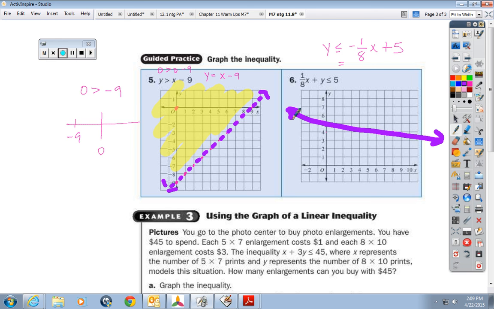And is that below the line or above the line? Below the line. Okay. So I'm going to replace both x and y with 0. And I get, is 0 less than or equal to 0 plus 5? Is 0 less than or equal to 5? Yes, 0 is less than 5. So because this is true, I'm going to take my highlighter and